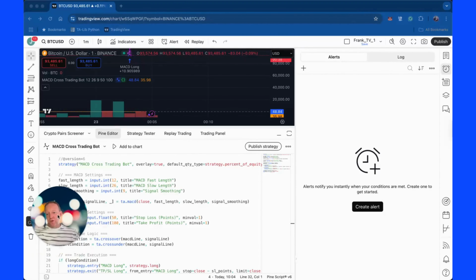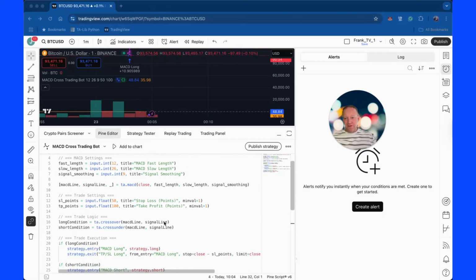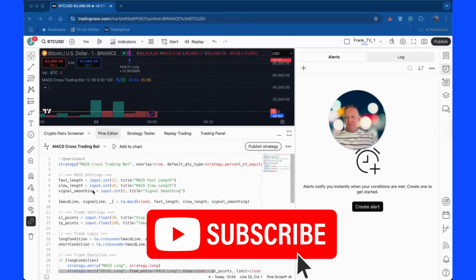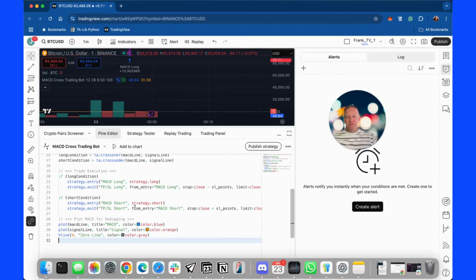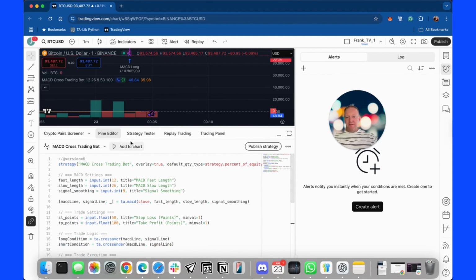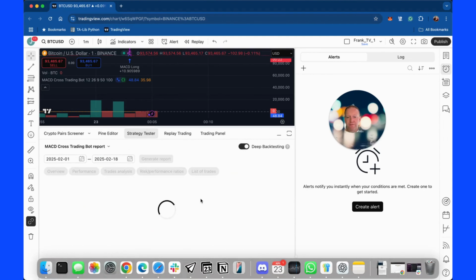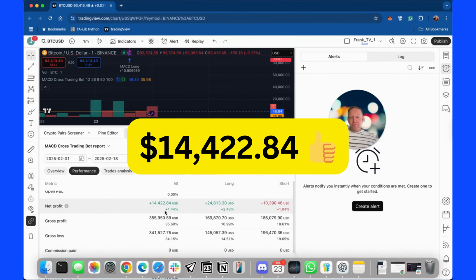I went and retrieved the trading bot that the previous prompt designed for me, and here it is. I just changed a couple of parameters in there. Once again, I updated that to version 6. And if I go ahead and have a look at my strategy tester now, generate a report, this generated a total profit of